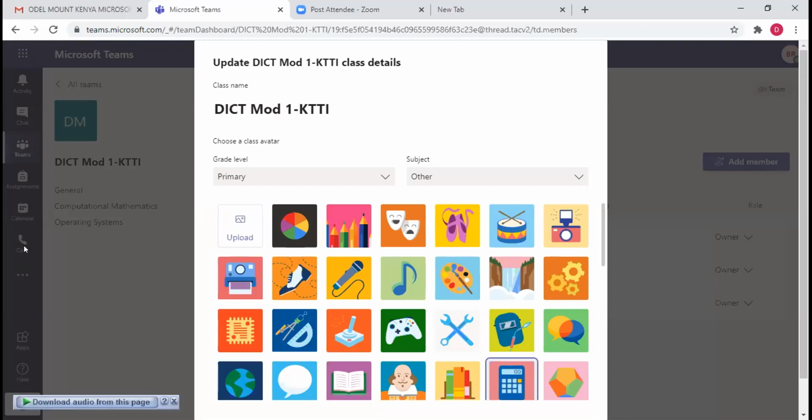Okay, thank you. And then one more thing, how do we integrate this Microsoft Teams plugin in the Moodle platform? Or is there no need of integrating it there? You can integrate so that you can schedule your video conference classes from Moodle. Maybe someone will tackle that, so now it is done. Okay, and you are noting that? Yes, I'm noting, Mr. Orina.